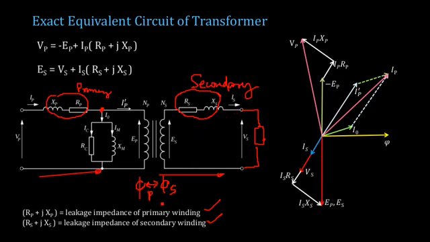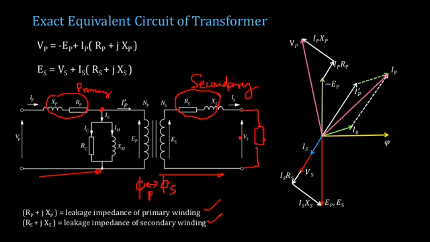Why should you oppose this phi s? Because the principle is that your flux remains constant in the transformer. Transformer is a constant flux device. So in order to maintain the flux constant, whenever there is an increase in flux in the secondary due to secondary current, some extra flux will be produced in order to negate that. So in order to produce the flux, obviously you should have some extra current flowing in the primary of the transformer. So that's how any change in the secondary current will be reflected towards the primary side.